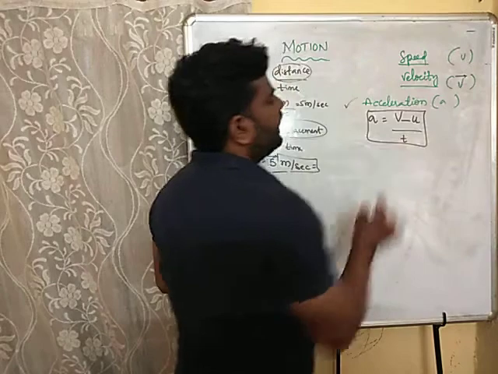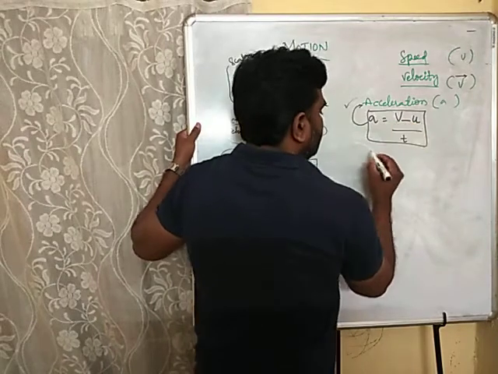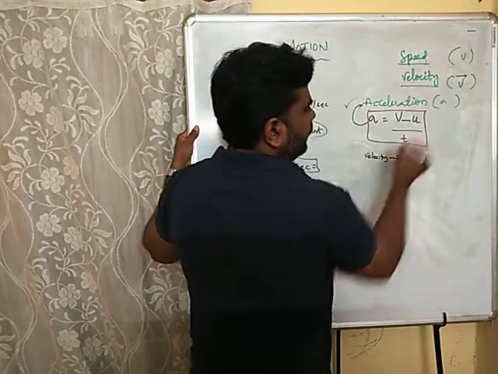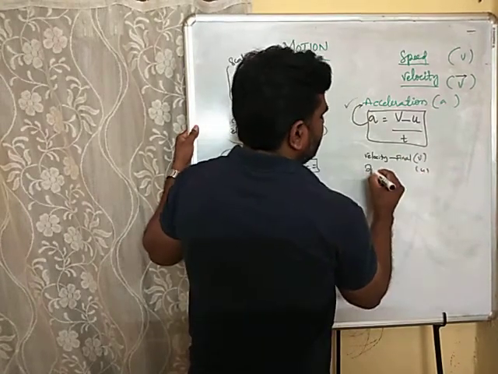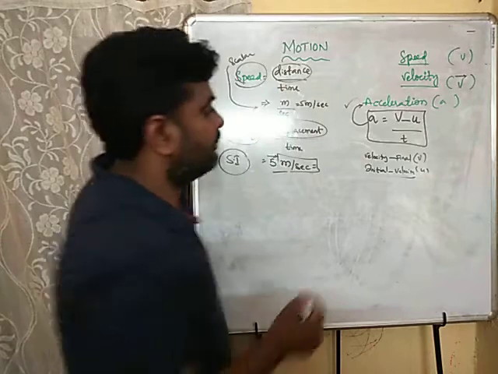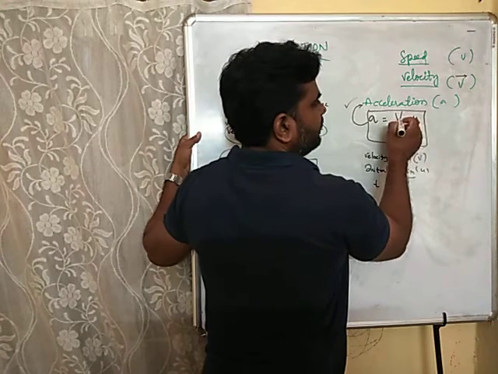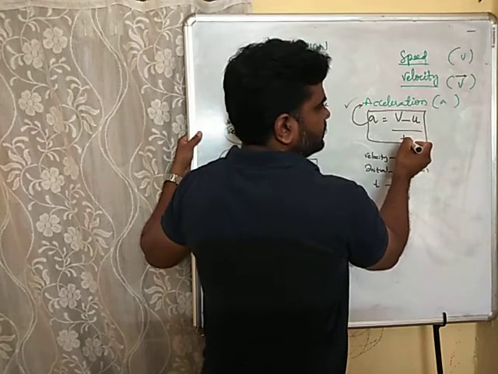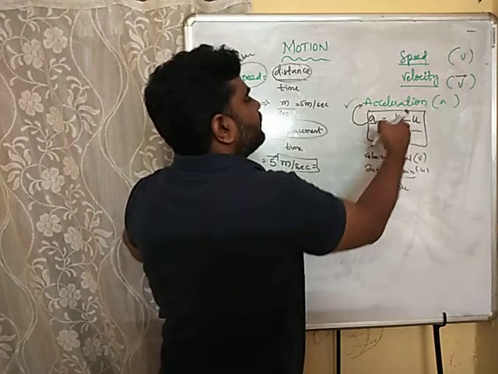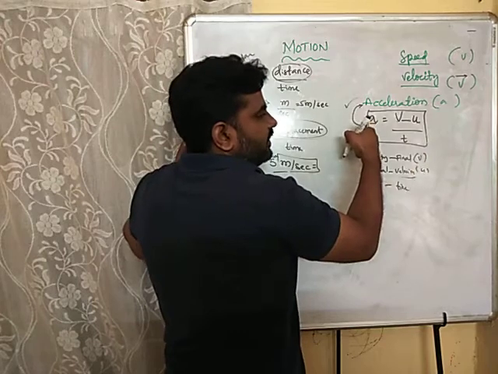What are V, U and T? I will explain in detail. Careful. A stands for acceleration, V stands for velocity, but it is called the final velocity, whereas U stands for the initial velocity, and T, as you know very well, is time. So the difference between the final and initial velocity, divided by the time, gives rise to acceleration. Did you get an idea?